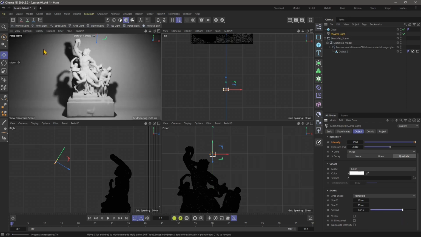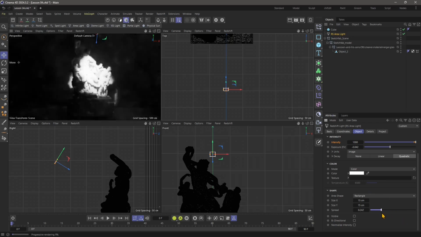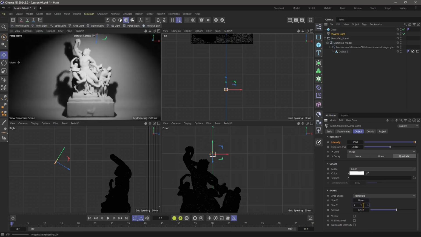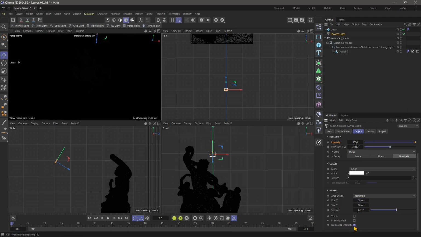But as you can see, it doesn't affect the shadows too much. It's more about the spread of the photons, of the light's rays in the scene. And it creates a really nice effect, as you can see. It's kind of a spotlight effect again. And so we can adjust the size, we can adjust the intensity, the exposure, and the spread, and we can have different settings. Now, if you activate normalize intensity,